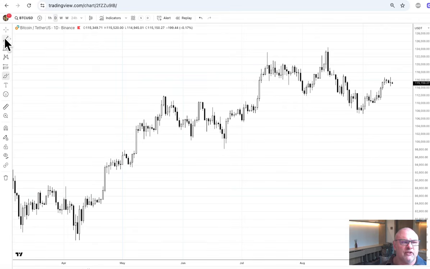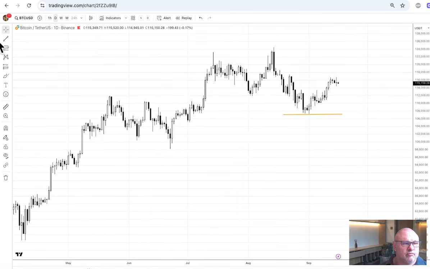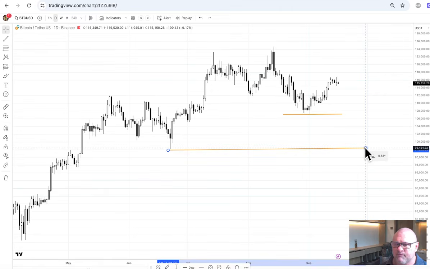What would proven otherwise look like? Well, if Bitcoin dropped below here or below here, I would start to adjust my odds down. I think it's maybe an 80% chance we're in a bull market. That would probably drop to a 60% chance, then a 50-50. Does that make sense?